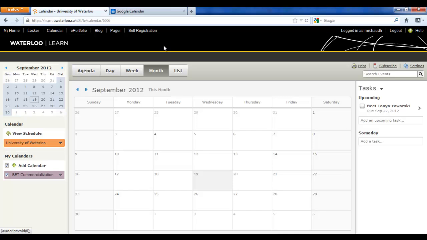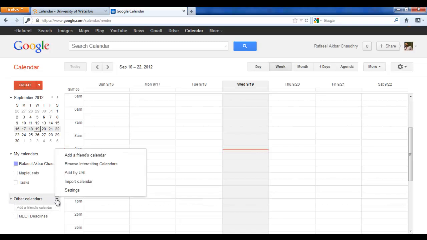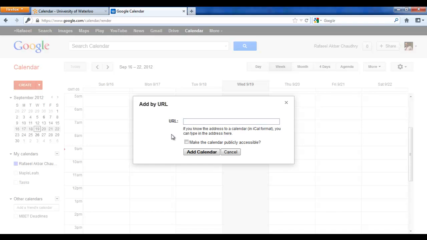close the button. Now in order to sync it with the Google Calendar, now you have taken the feed, go into the Google Calendar, other calendars, add by URL. So let me do it again for you. When you open the calendar application, there would be different sort of calendar. These are your default calendars that you normally have from your Google account or Gmail account. Now there would be another option of other calendars below that. So just open this up, add by URL, and